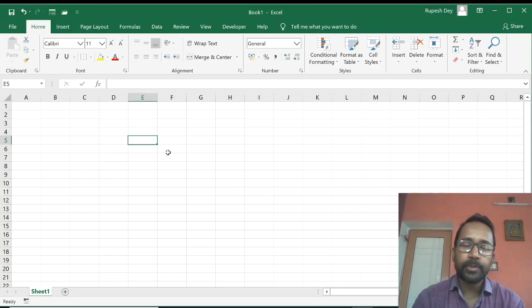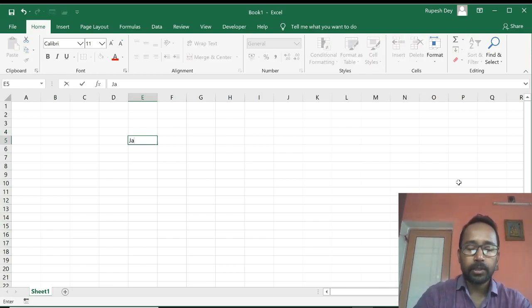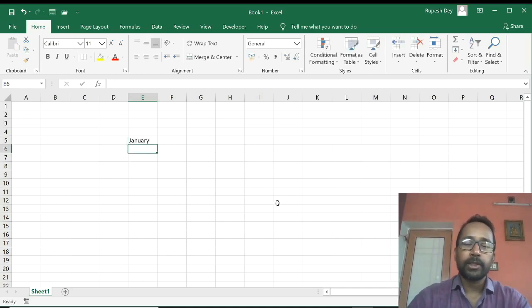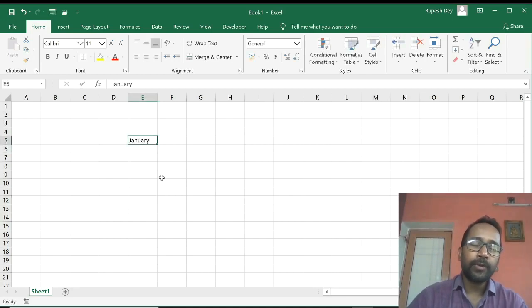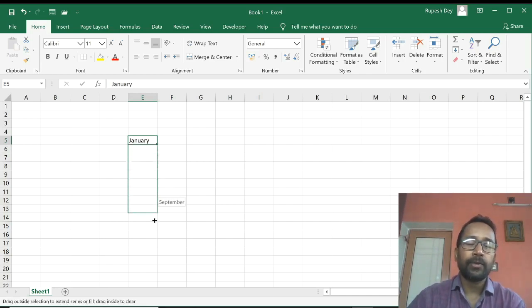Now we have reached the end of this chapter, where at last we will learn the autofill option. Autofill is a very useful option in MS Excel. This is a unique feature using which we can fill a range of cells with a series of data. Like if I want to write the names of all the months starting from January, write January. Then no need to write other month names. You select the cell, come to the fill handle, which is the square located at the lower right corner of the active cell. Your mouse pointer shape will change to a black plus sign. Now drag it across the column to select the cells where you want to display the names of the months.